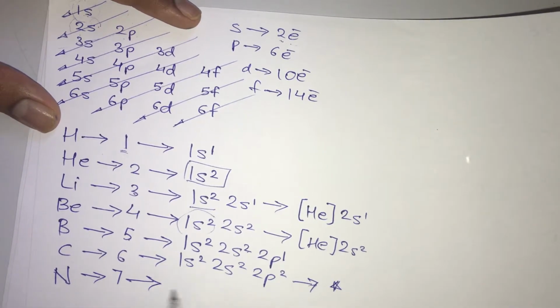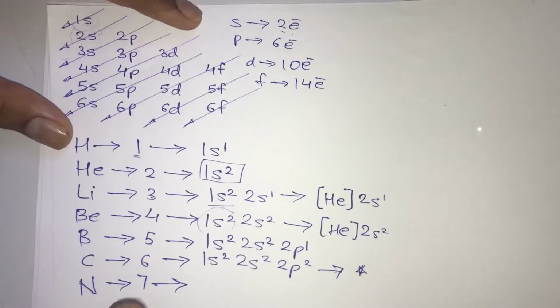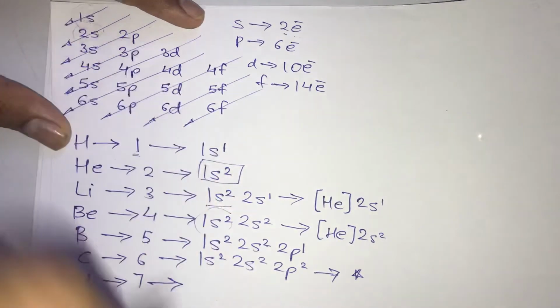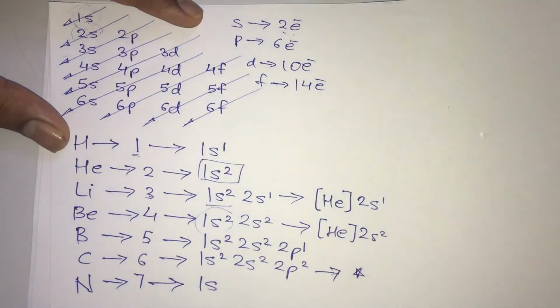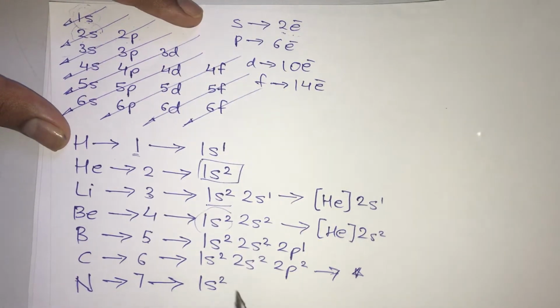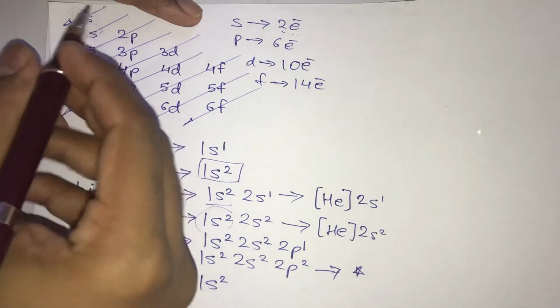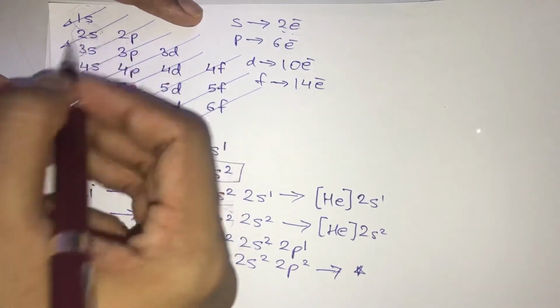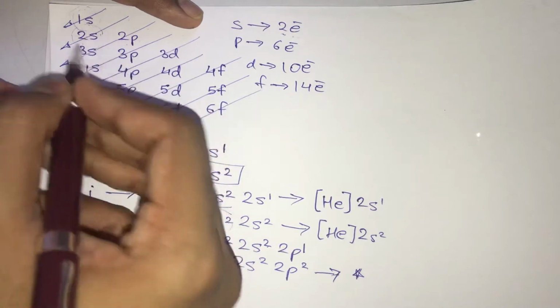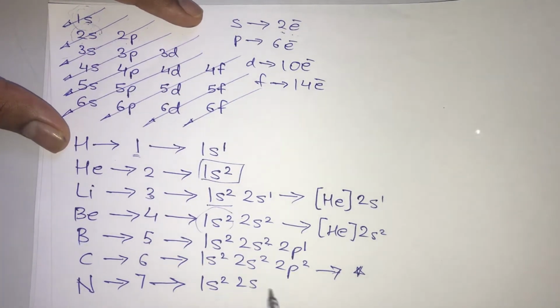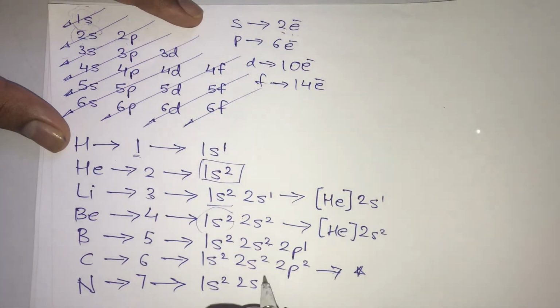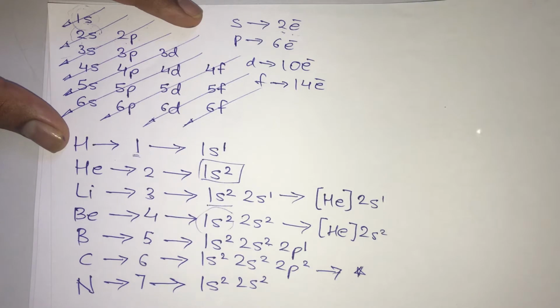Obviously the atomic number of nitrogen is 7. Now if you want to fit these 7 electrons, you will first go to 1s. So when you first meet 1s, s can take a maximum of 2 electrons. Am I right? So I will write 2 over here. Now after 1s is completely filled, we move to the second diagonal. Inside the second diagonal we meet 2s. So obviously this 2s can take a maximum of 2 electrons. So out of the 5 electrons remaining, this 2s is going to take 2 electrons.